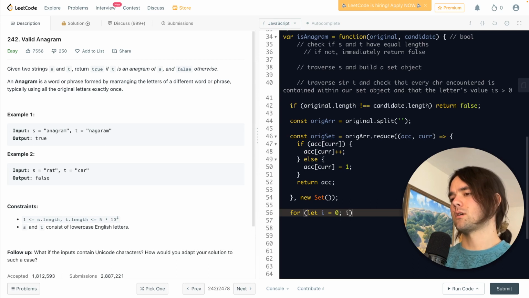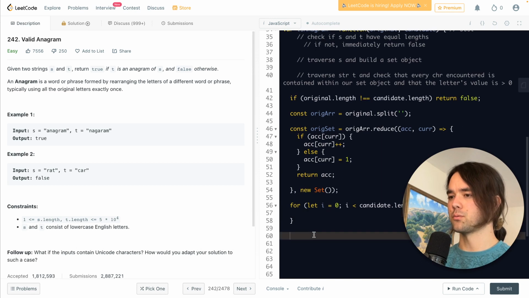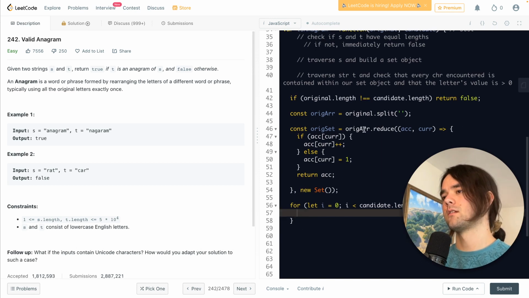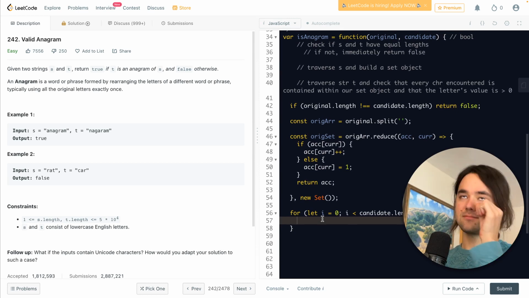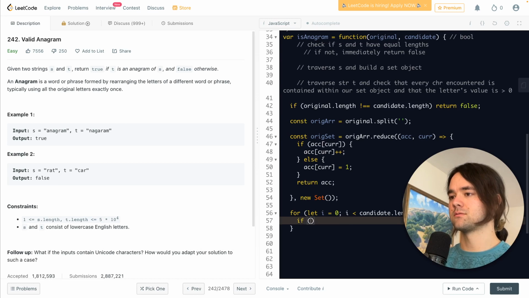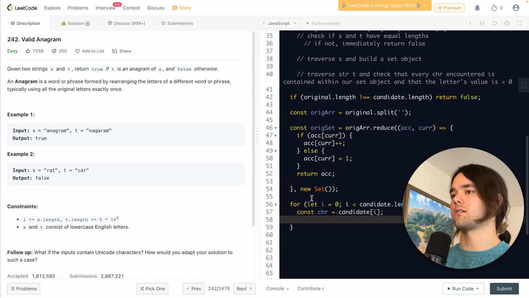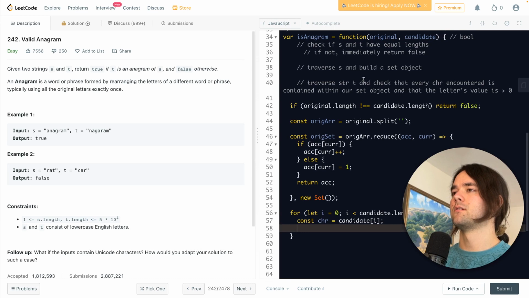Let i equal 0, i less than candidate length, and then increment i. So we have our for loop. And basically, if the character is not in the set, so I guess we'll do const character is candidate at i. And then the next thing we want to do is check that every